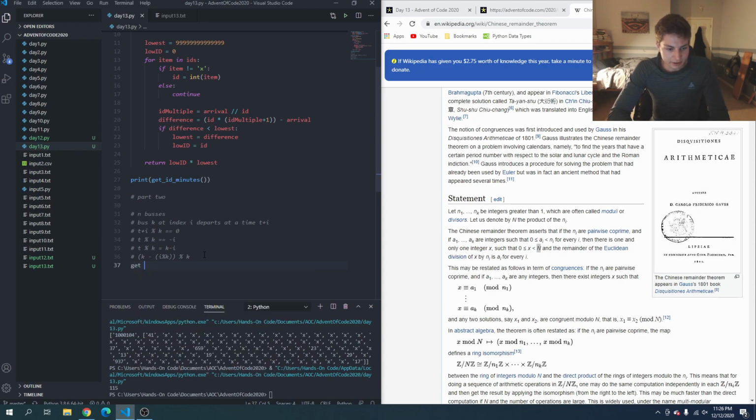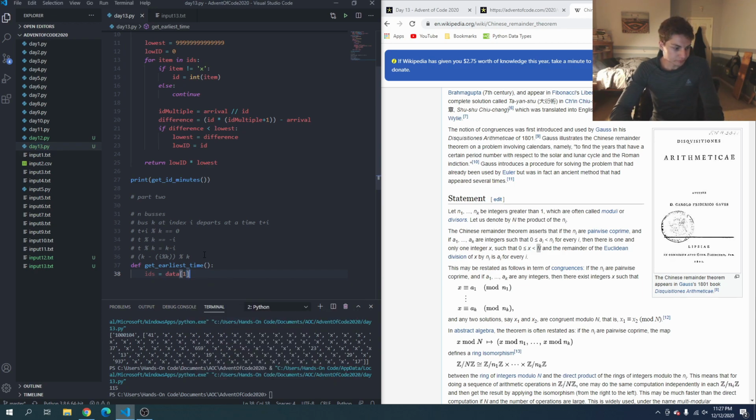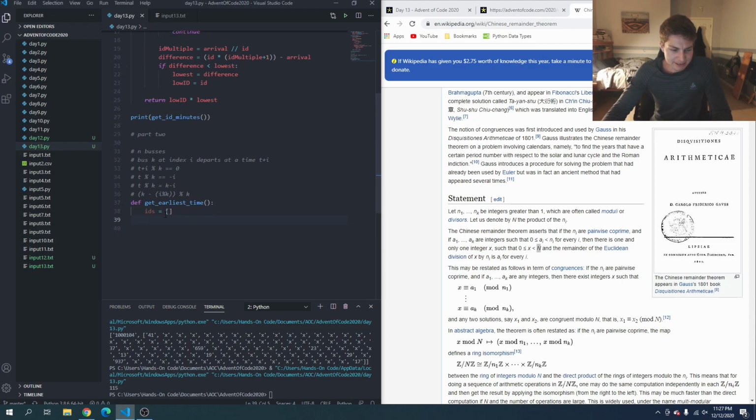So we'll say def get earliest time, and then I guess we'll read in, so IDs is equal to data 1, but we're going to be checking, I want to make this an empty list, because now we're going to be checking